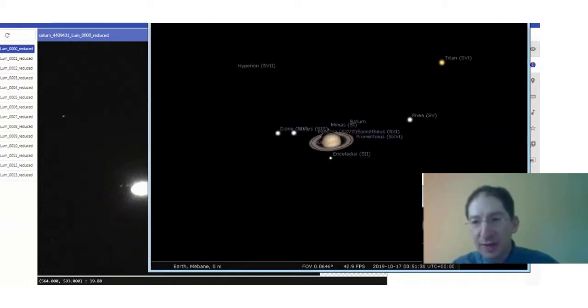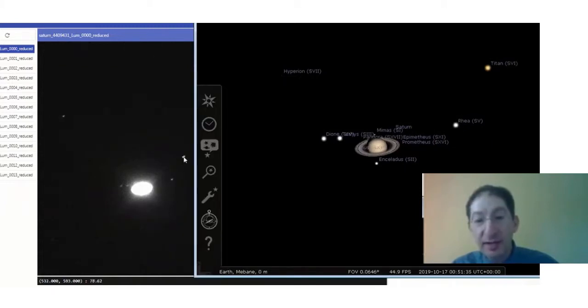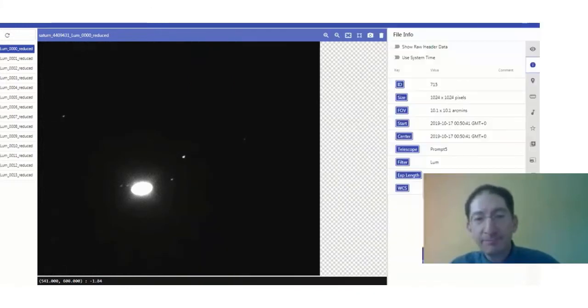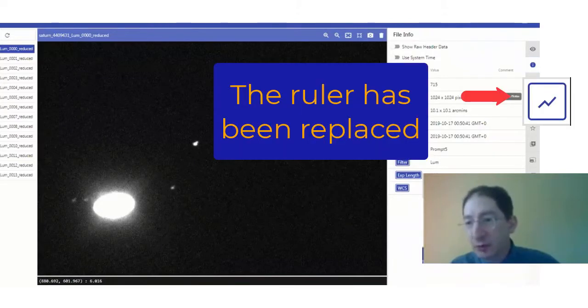I'll scroll out a little bit here. Rhea and Titan. So this one out here, the bright one, which makes sense since Titan is the largest moon of Saturn, that is the one that we want. Okay. So how do we measure the separation of this from that? So we go over to the Ruler tab,